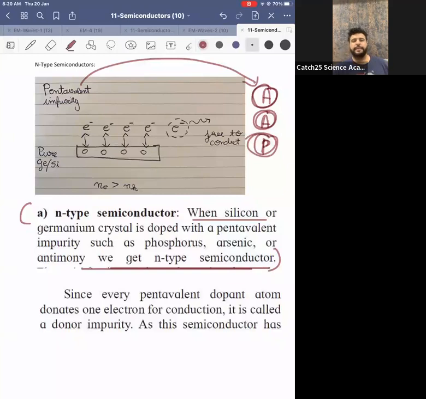Now I'll repeat. Germanium/silicon have 4 holes in the outermost orbit. When pentavalent impurity is added, 4 electrons combine with 4 holes, leaving behind one free electron to conduct. Since electron is responsible for conduction, it is called N-type semiconductor. Full stop. In this type of semiconductor,